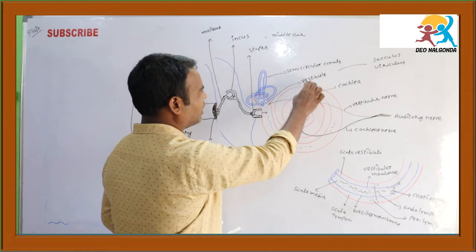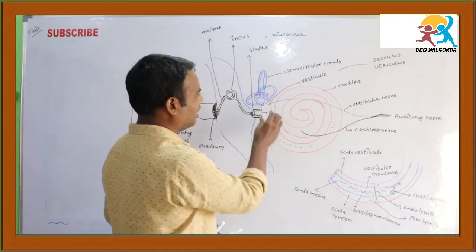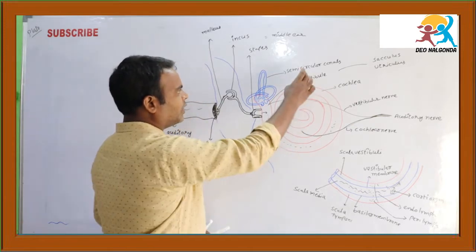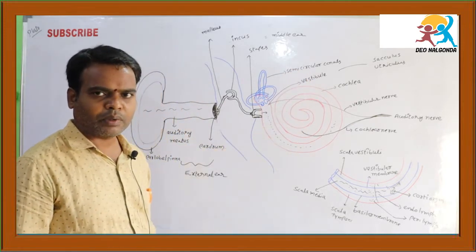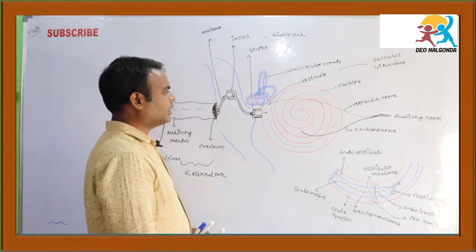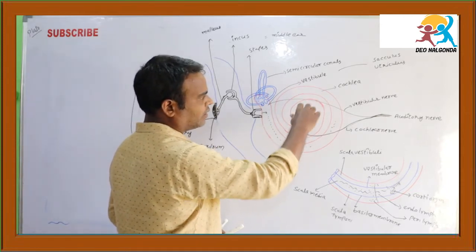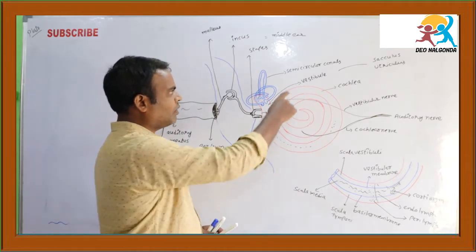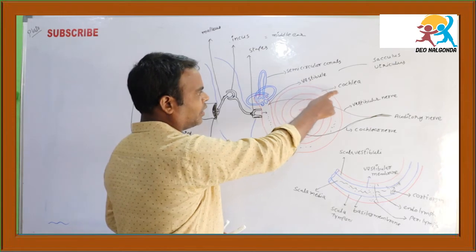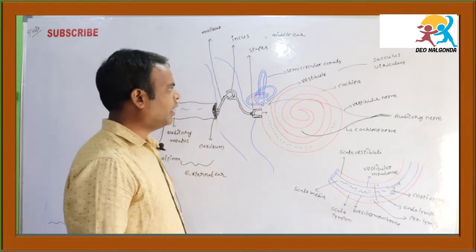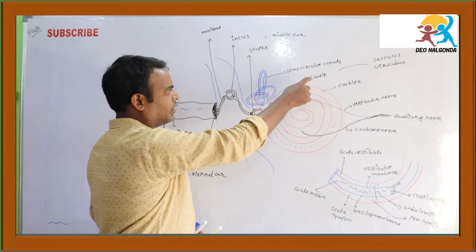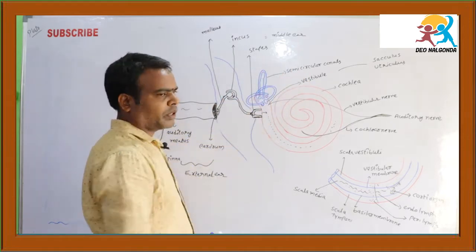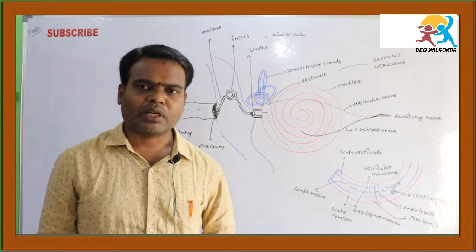One is the semicircular canals. These three are the semicircular canals, and this head-like structure, like a snail, is called the vestibule. Vestibule and semicircular canals together are called the vestibular apparatus, and the third one, this structure, is called the cochlea. So the inner ear contains three parts: semicircular canals, vestibule, and cochlea. The semicircular canals are three, and this one is the vestibule. These two parts play a vital role in the maintenance of body posture.